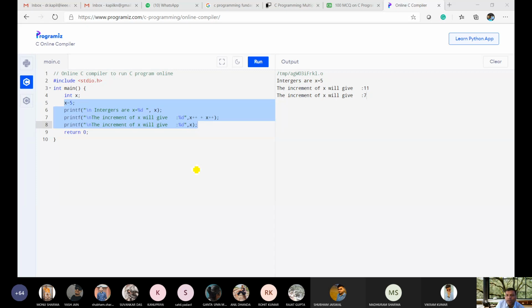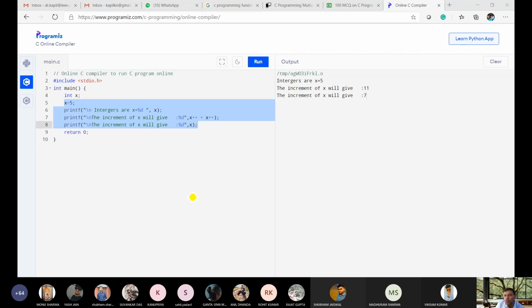But when we perform the addition of these two numbers, it will take 5 and 6, and this will give you 11. What is the meaning of x++? x equals x plus 1, and this also is x equals x plus 1, that is 5 plus 1.